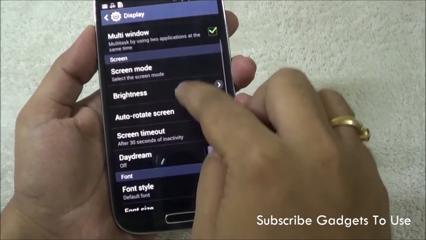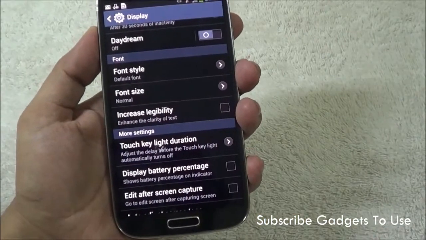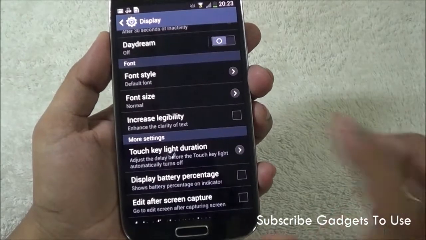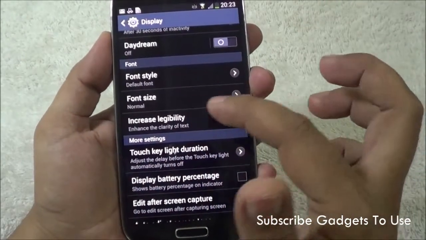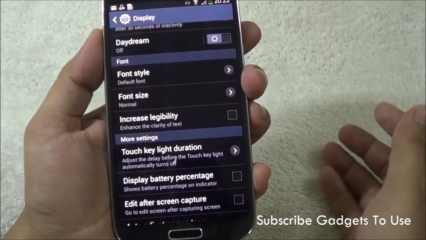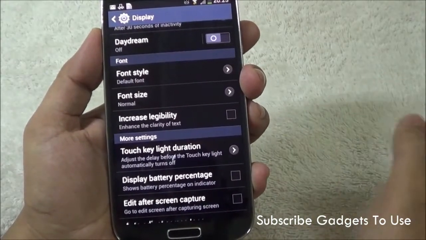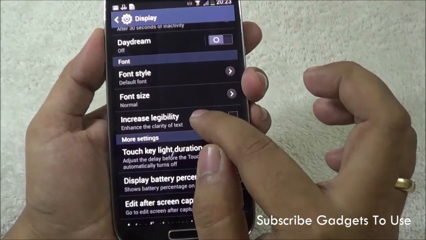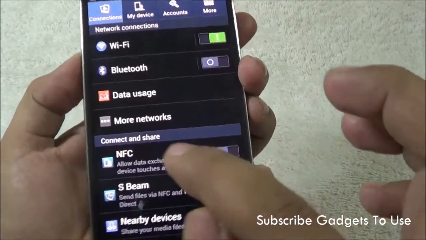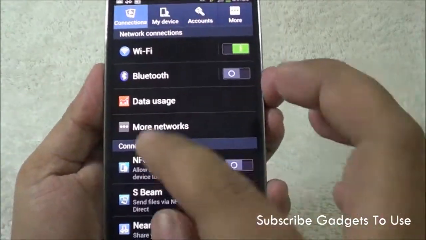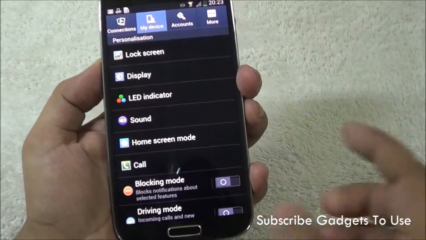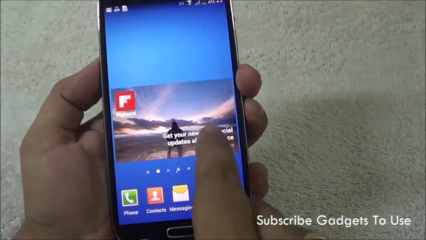Now here we have an additional option which says increase legibility, that will enhance the overall clarity of the text. So in case you have any problem with the device, you can always control over the font style as well as the font size. You can make it large if the device has a very small font. In case still you are not able to figure out what is actually there on the screen, you can check this option over here, increase legibility. This will enhance the overall clarity of the text because it will make the text little bit bolder than it was previously, so that you can easily read the text on the device either under settings or on the home screen, as you can see.